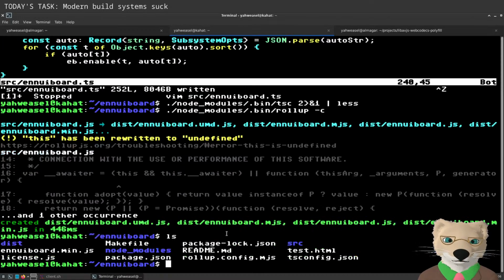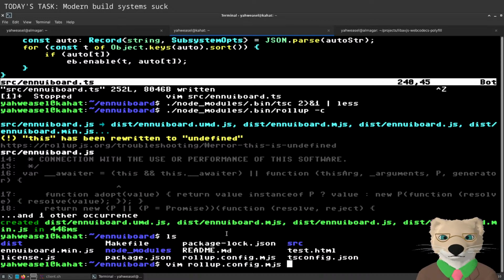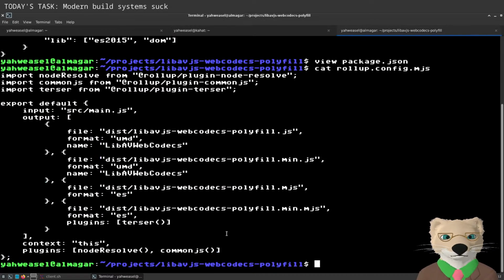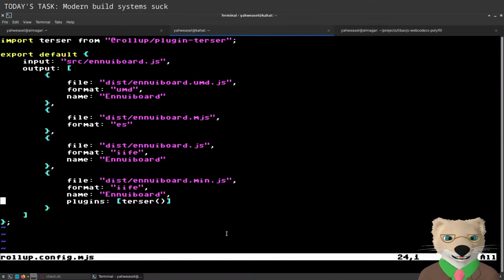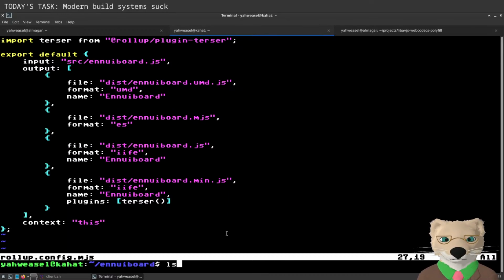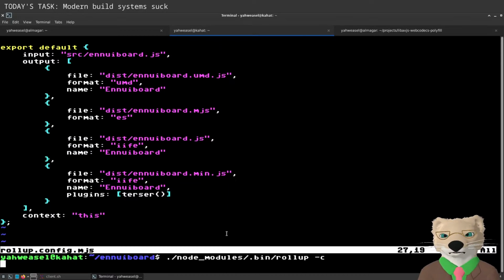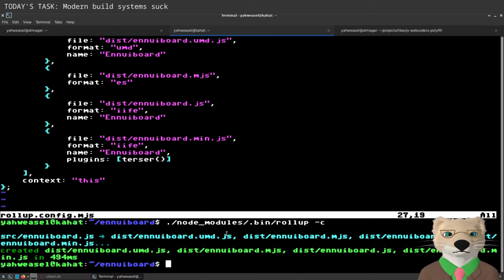Okay, I see. Yeah, this has that same issue. I remember wondering what the heck context of this was about, and that's just a TypeScript competing with rollup kind of situation. There we go.